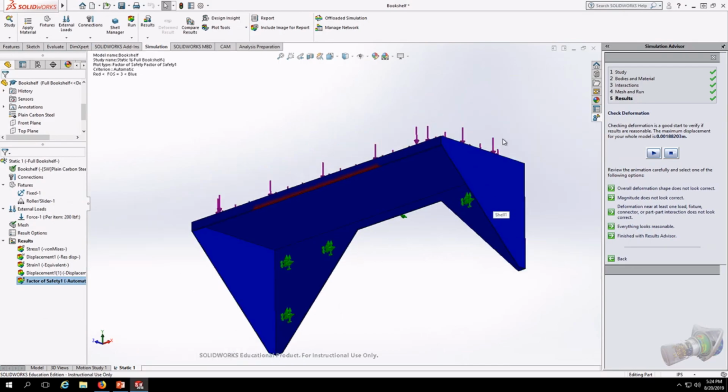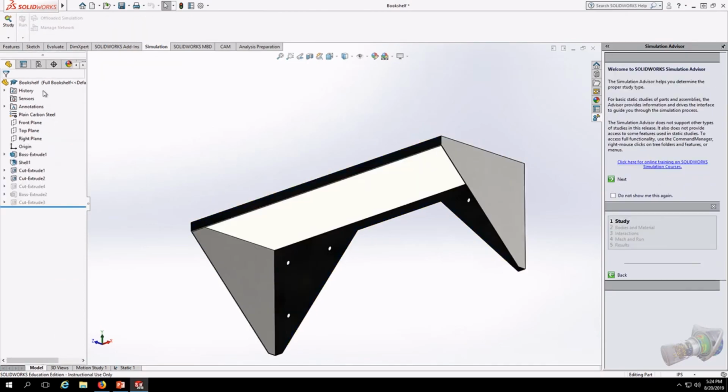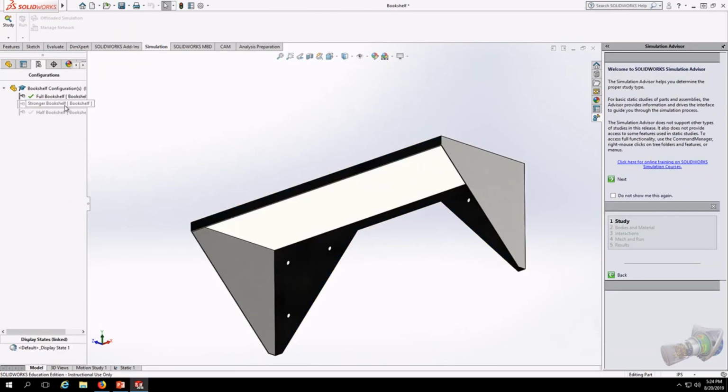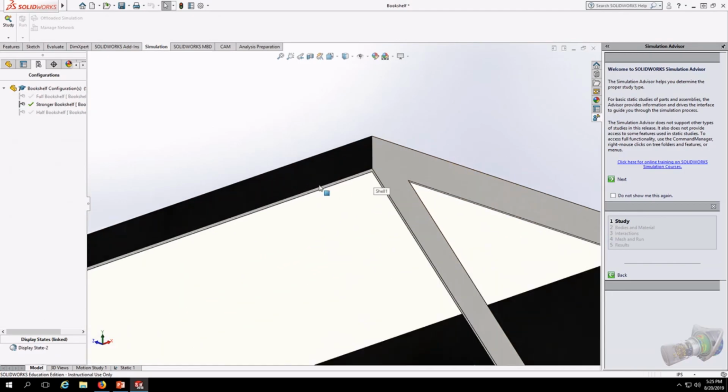Areas experiencing low factors of safety should be reinforced. Maybe we can thicken the material, or add an extra supporting strut. Areas experiencing high factors of safety can have material removed, allowing us to lower the weight and the material cost of the part. If we go back to our Model tab, we can see that I've already created a configuration that's made these changes, cutting out large portions of the brackets on the side, and doubling the thickness of the